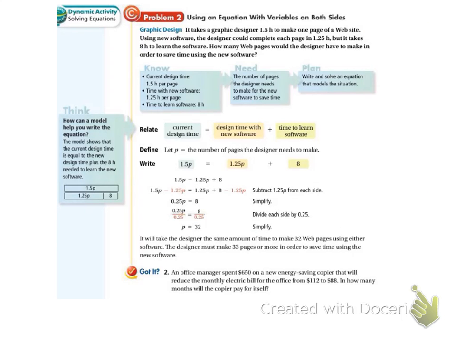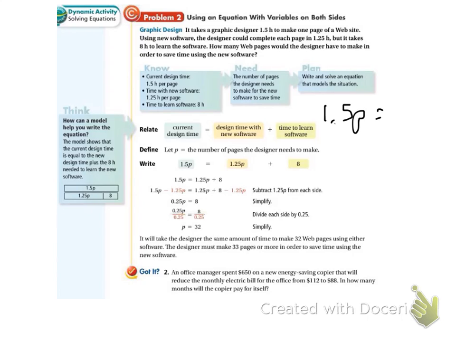Here's a story problem for us. It takes a graphic designer 1.5 hours to make one page of a website. So if he makes one page, it takes him 1.5 hours. If he makes 2, it takes him 3 hours. If he makes 3, it takes him 4.5. So we're multiplying. We multiply how long it takes times the number of pages. So that gives me